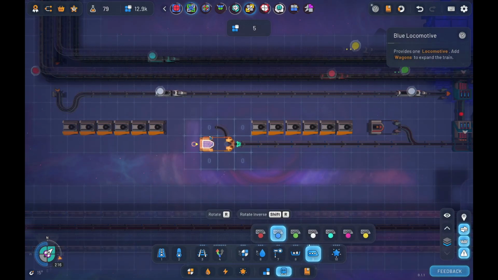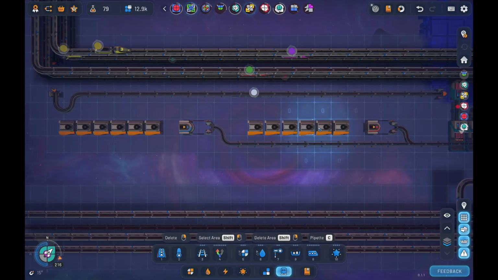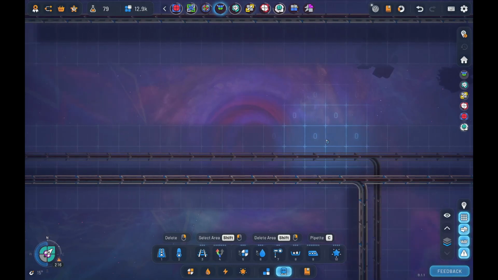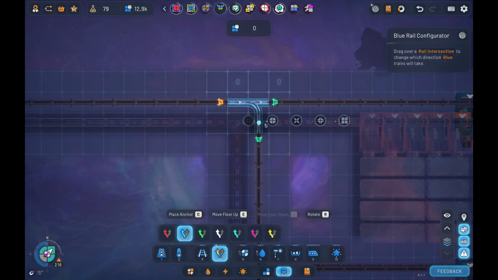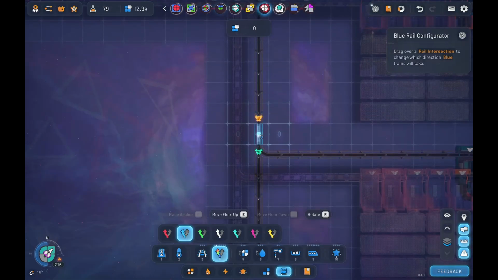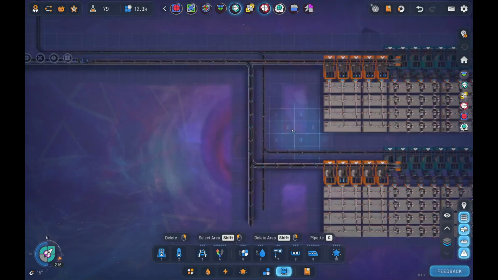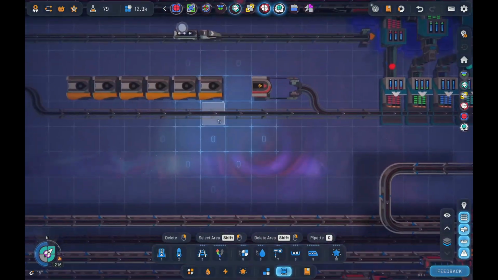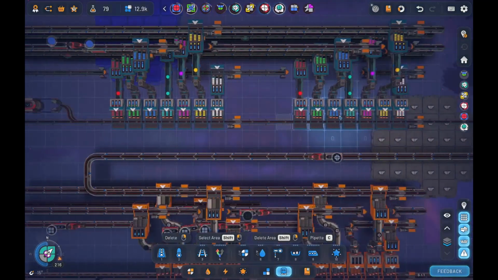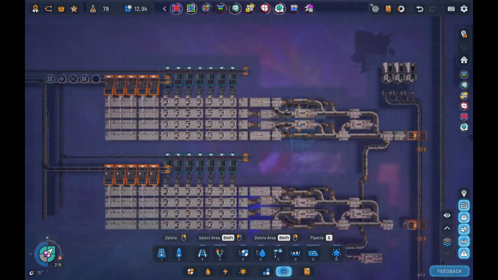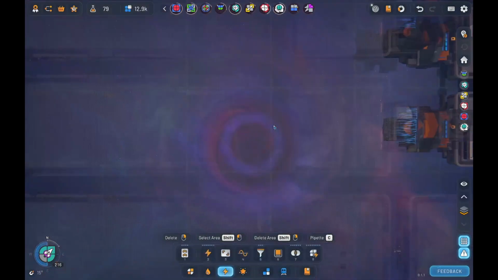Blue train is going to deliver colors to the second layer. Let's get these guys going. So now,